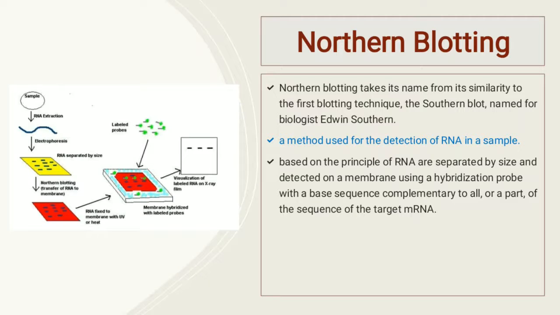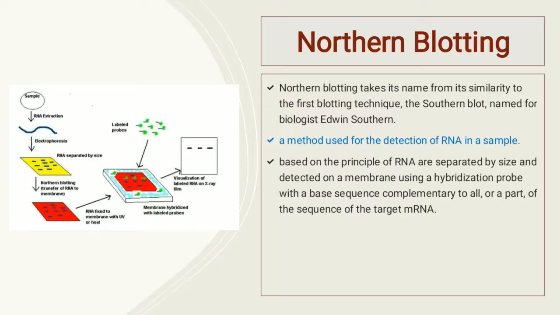After extraction of RNA, you will perform electrophoresis. The thing is that RNA is present in the form of complex secondary structures in the cell. It is not in the form of simple linear structures. So you will have to perform denaturing gel electrophoresis. In this case, you are using agarose gel electrophoresis, but you will add extra formaldehyde in the agarose gel